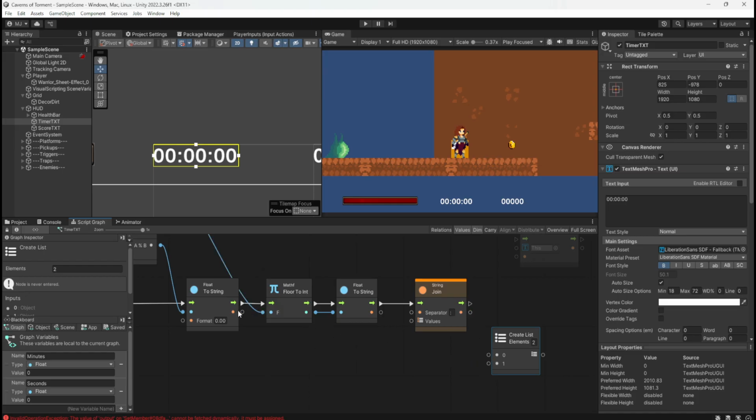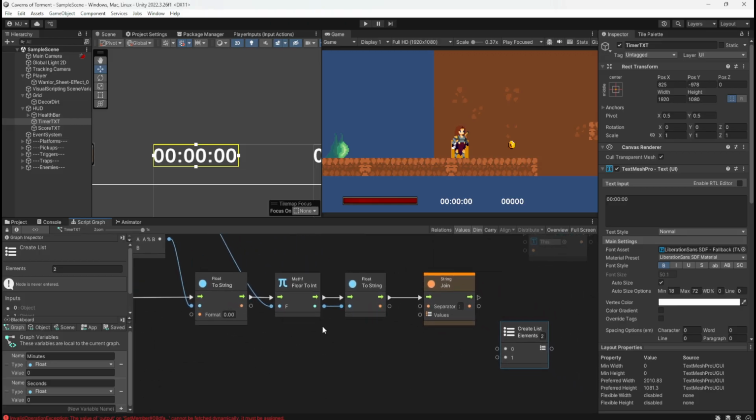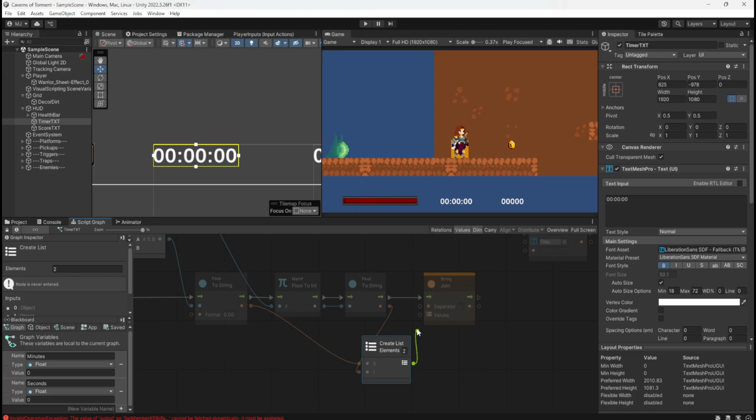I've only got two, so like that. Drag the list output into string join.